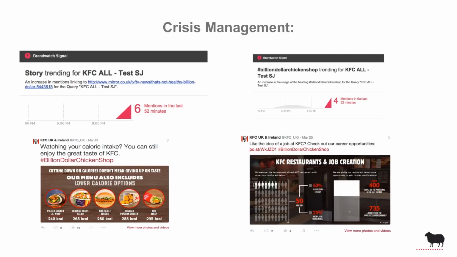And then if we go on to the next slide, and again, I don't know if anyone has been watching it, but obviously we've been having our $1 billion chicken shop that has been on BBC One every Wednesday for the last 3 weeks. It is the type of program and the type of brand that can sometimes be quite controversial. And again, we had created this content to preempt the type of things that people were talking about. What was really, really useful in terms of Signals was we had a war room set up. And again, instead of sifting through all these thousands of conversations, I think twice this hashtag was trending, so you can imagine the volumes that we were looking at.